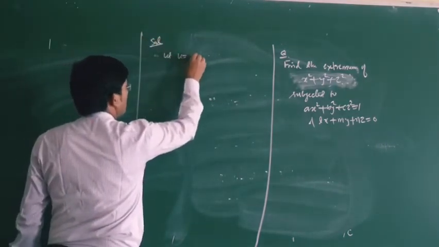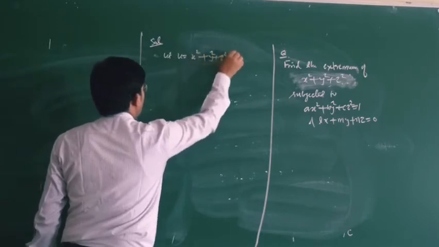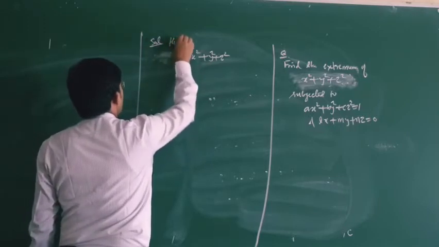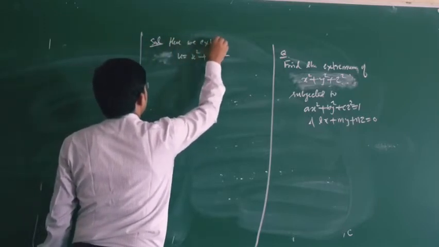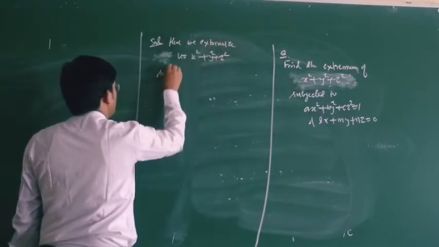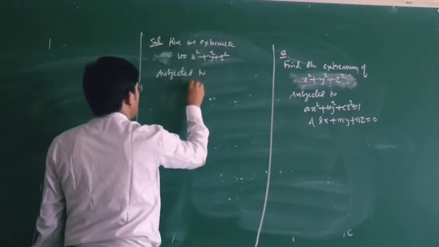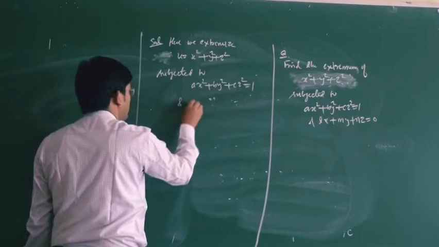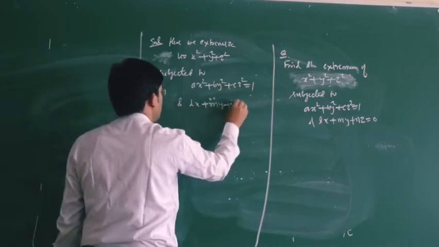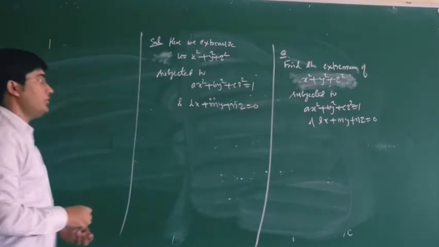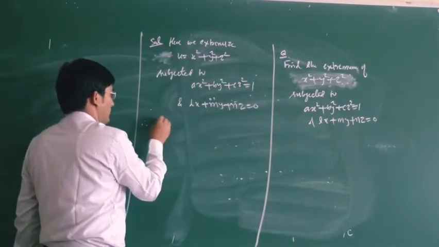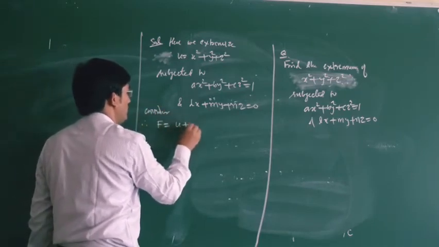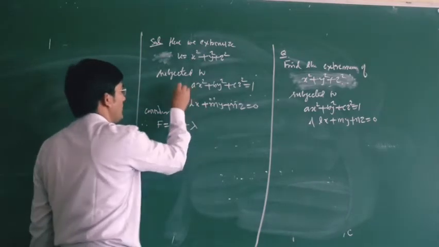let u equal to x square plus y square plus z square, and we will extremize this function. Here we extremize this u subjected to ax square plus by square plus cz square equal to 1 and lx plus my plus nz equal to 0. So therefore consider this function f equal to u plus lambda times this function. Say this is your phi,